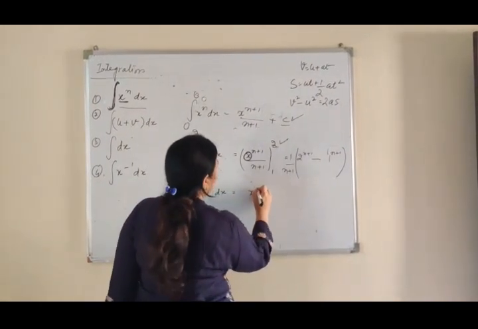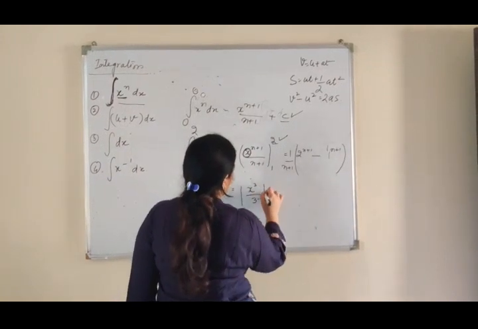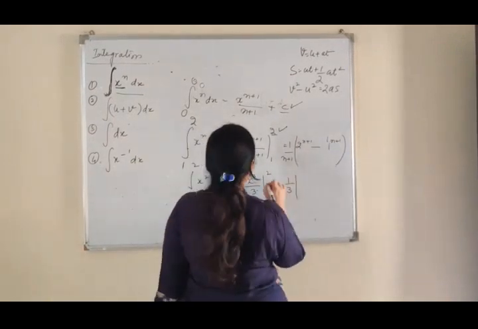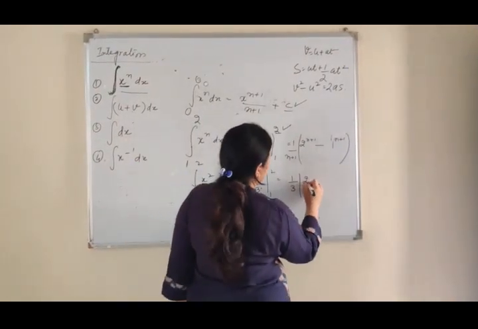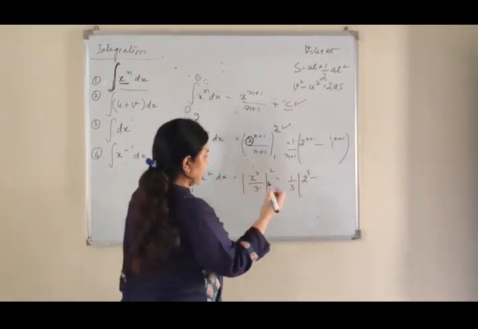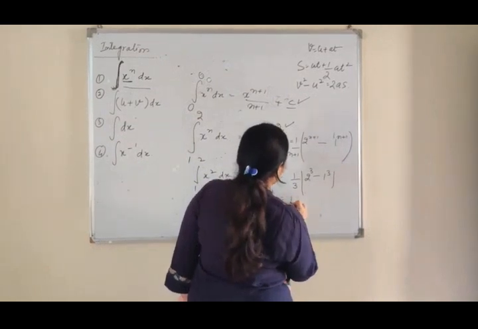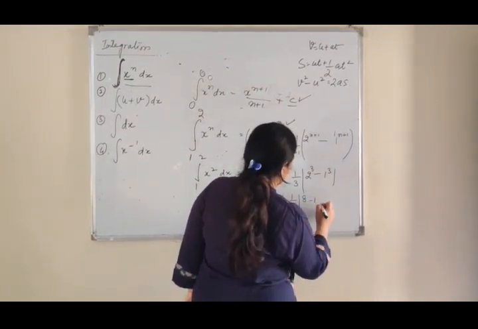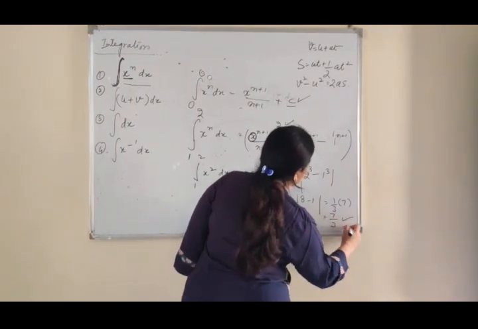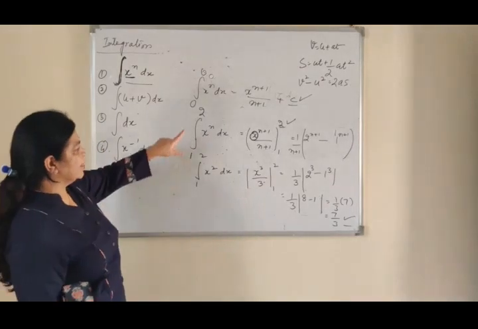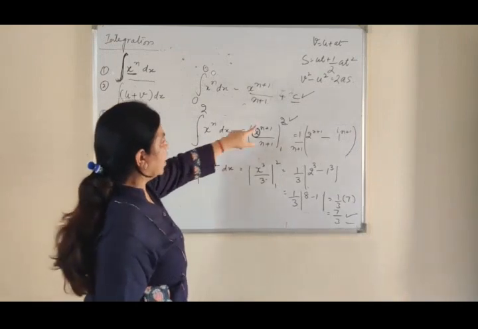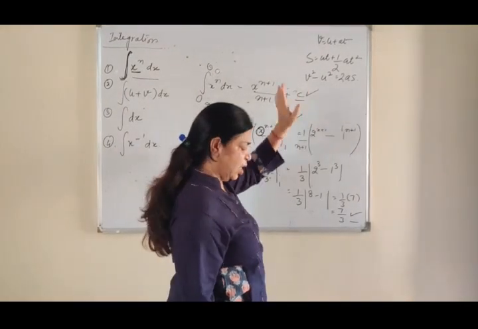One more way you can see, if we have x square dx from 1 to 2, then that will be equal to x power 3 by 3 with limits 1 to 2. So 1 by 3 you can take out. In place of x, if I write 2, it will be 2 raised to the power 3 minus, in its place if we put 1, what will it become? 1 cube. So this is 1 by 3, 8 minus 1, that is 1 by 3 into 7, that is 7 by 3. So we have calculated the integral within the limits. So when we are given the limits, we are not required to put this integration constant.